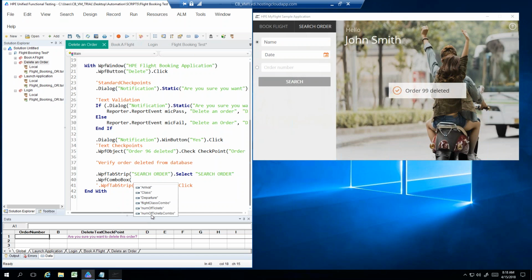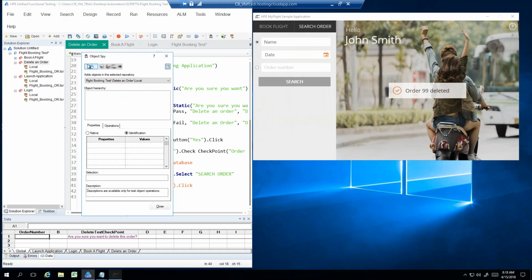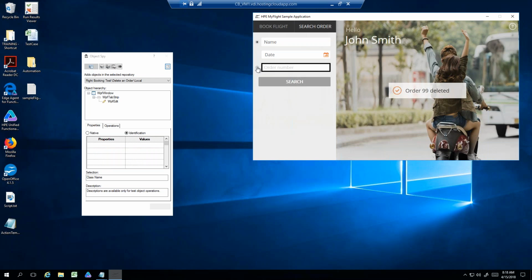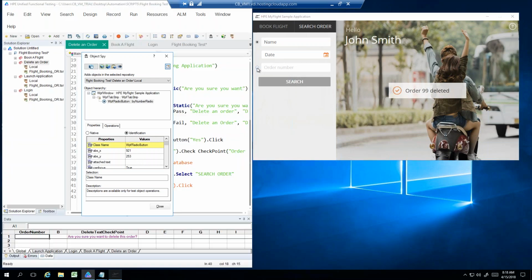So in the combo box, we have these items available in our object repository: arrival, class, departure, flight combo box, and the number of tickets and number of tickets combo, a couple of those. Okay, so let's spy it first and see the class name of this combo box, the button. It looks like it's a radio button in the web page, but it also says radio button in here. So I don't think we have it in the object repository. So let's do it this way. Add it in our,